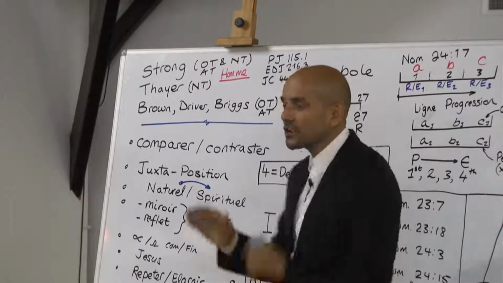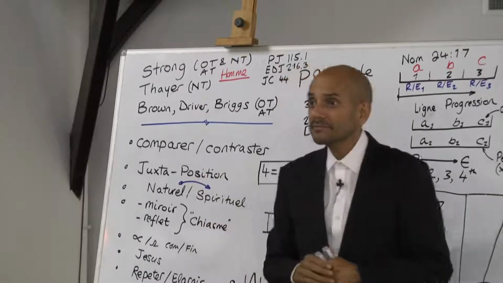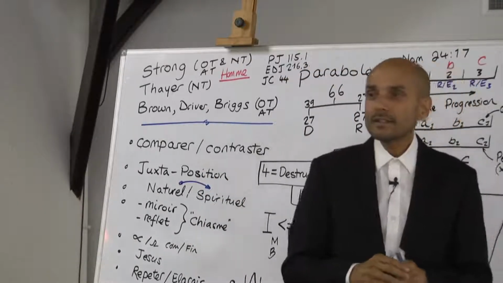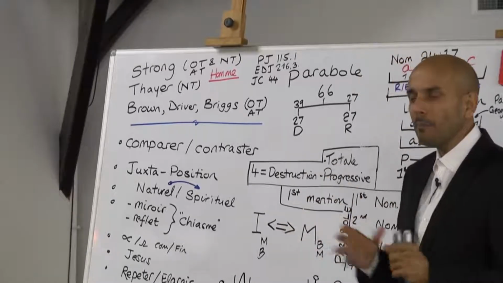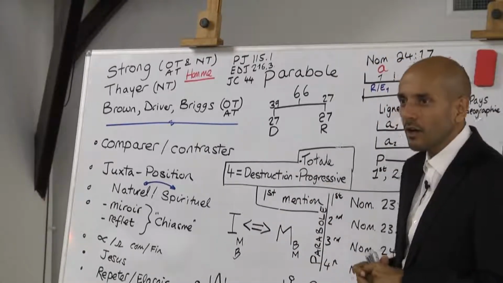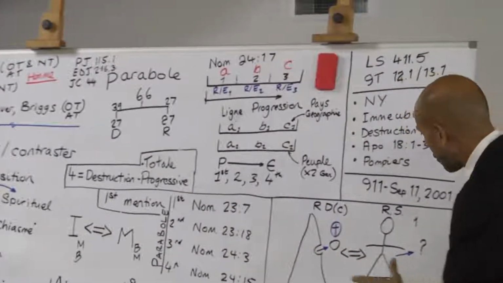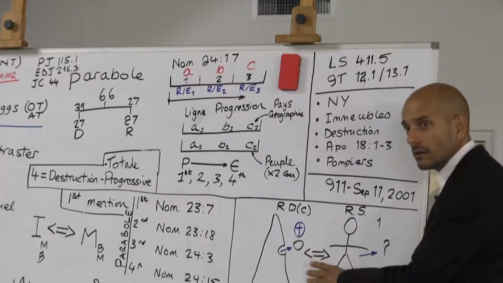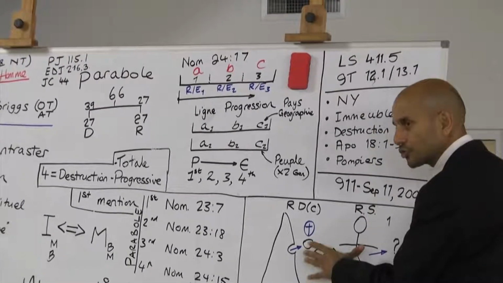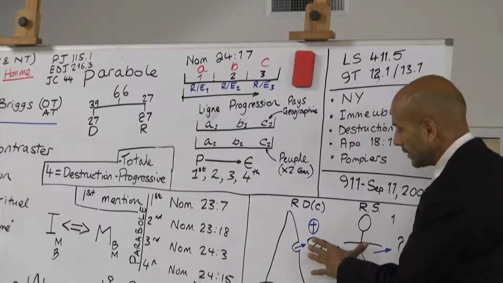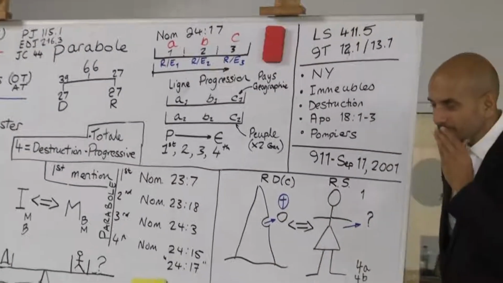So Daniel and Revelation is a repeat and enlarge. Alpha and Omega, same number. So if you want to have a story here, you need to find this story in the book of Revelation.